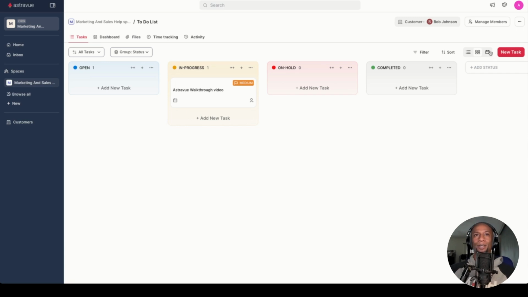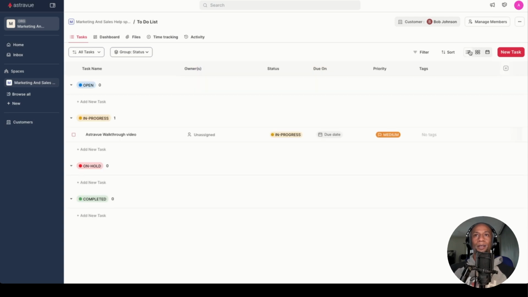But then also, again, new task, you can click on that, click on the button there. Back over here, same difference. We're now looking at it where we can see in progress. Down here in this view,